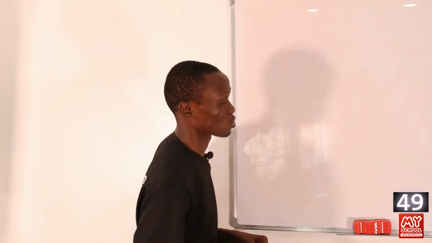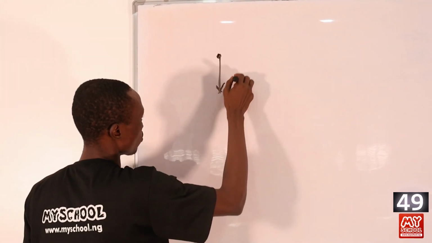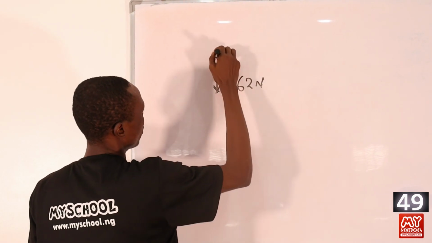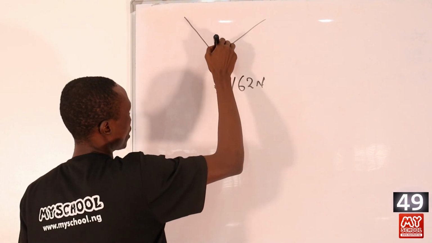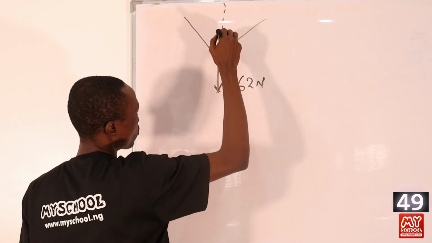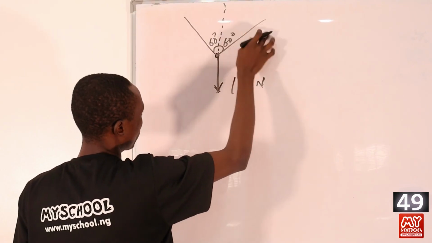To solve this question, drawing a diagram is necessary. So let's say this is the bag and it has a weight of 162 Newton, right? These are the 2 handles held by those students. And the handle makes an angle of 60 degrees to the vertical. So we have to resolve each of these